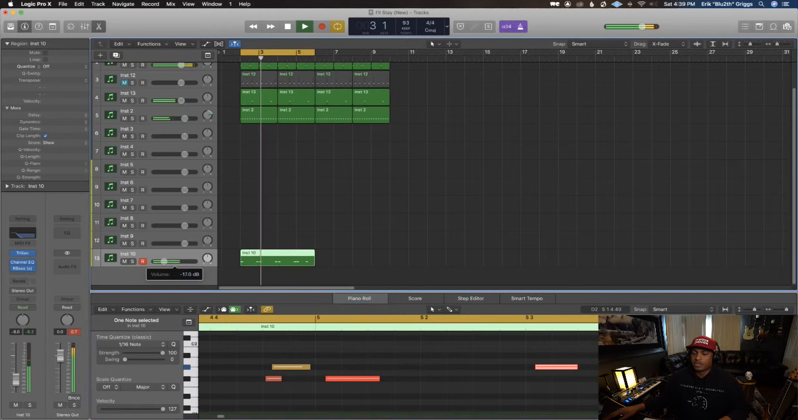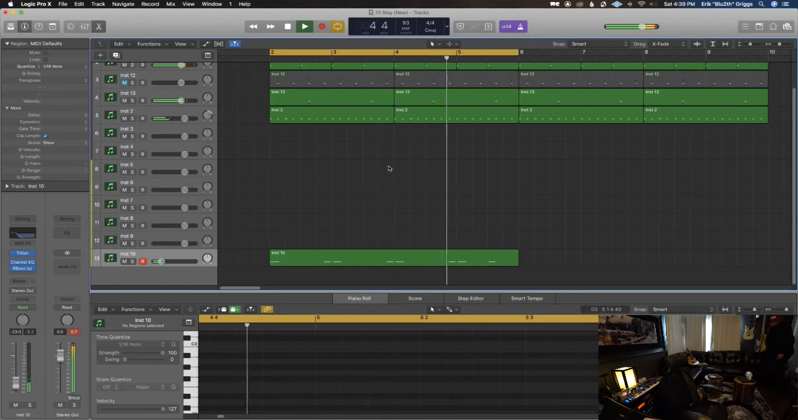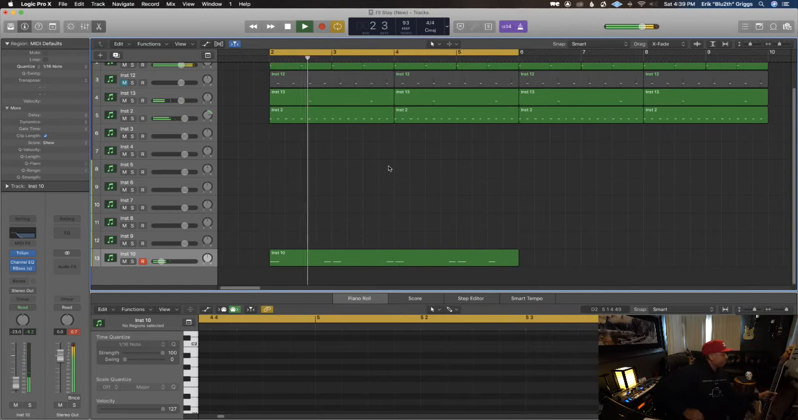So that's going to be more felt than heard at the end of the day. Sounds even better lower. Okay, so gotta get the bass. Perfect. All right, so